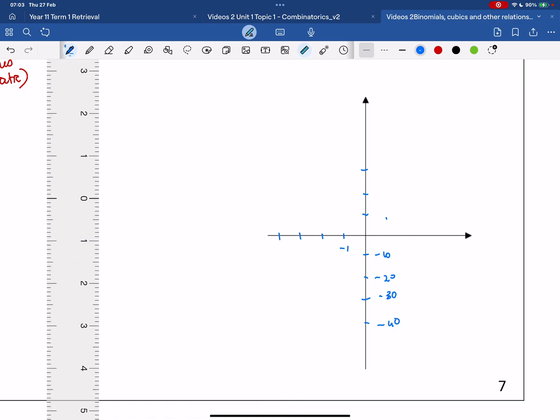Okay, so we have 0 and negative 32, and we have negative 1 and 0, and we have